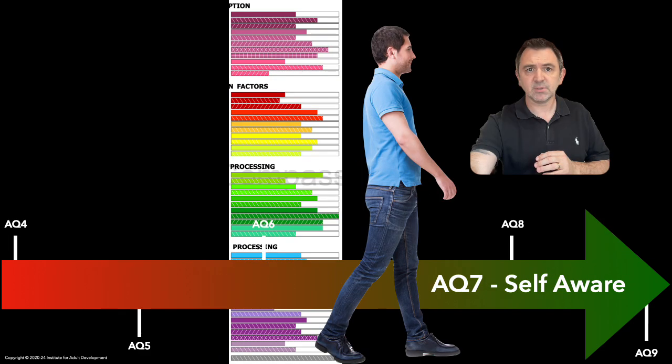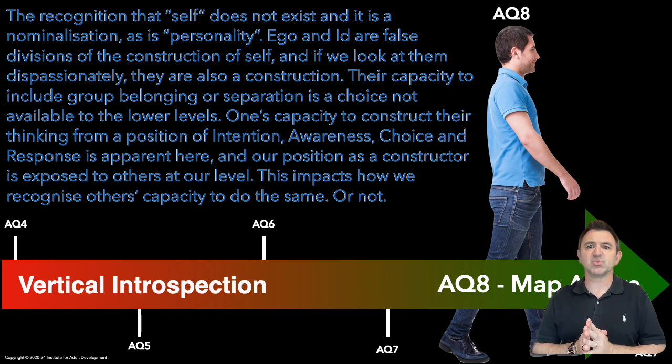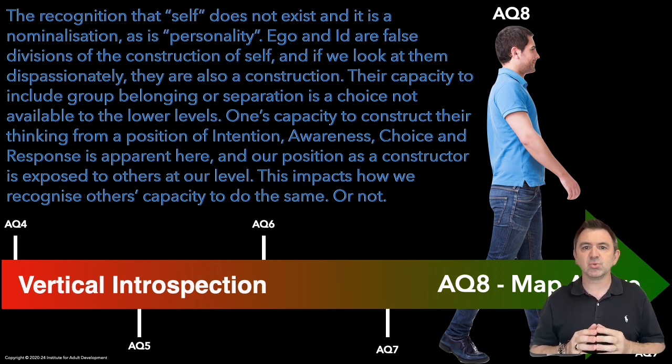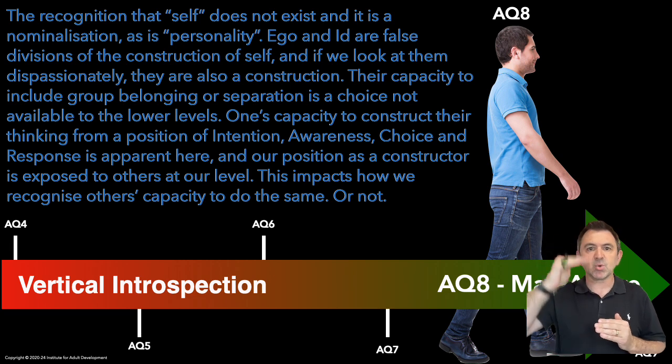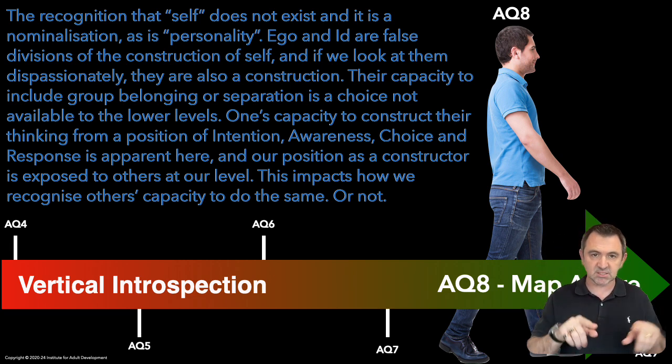And we skip this one, and we skip AQ7. So let's look at AQ8. The term vertical introspection was coined by me in 2023, and it means nothing at all. Okay, however, it can be assumed to be a developmental tool that promotes a meta position to our thinking and feeling, and thus leads to improved self-awareness, as discussed in this video.